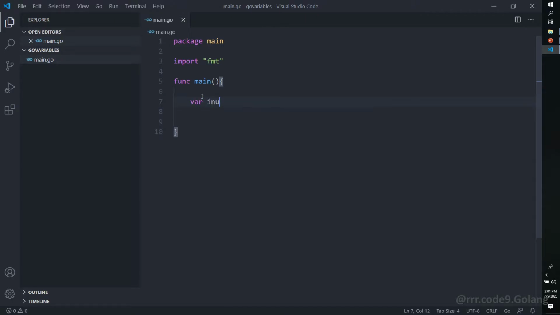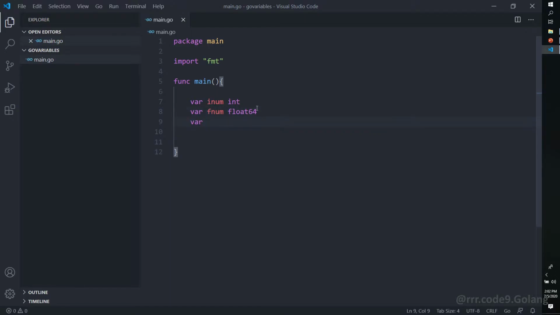So var inum int. So inum is the name, int is the type, var is the statement. So we can add a few more variables. Var fnum. In Golang you can give a floating point number as float64, otherwise float32.